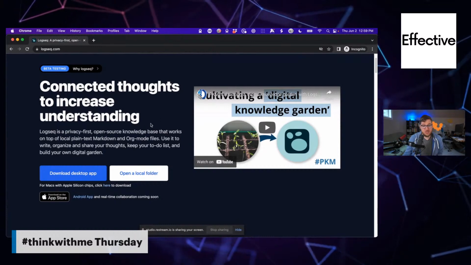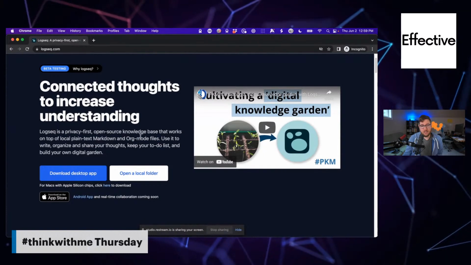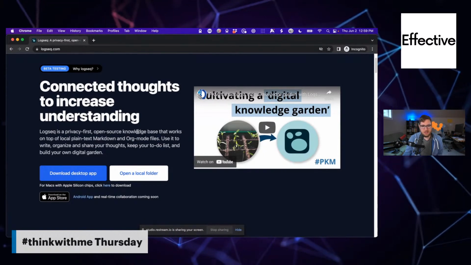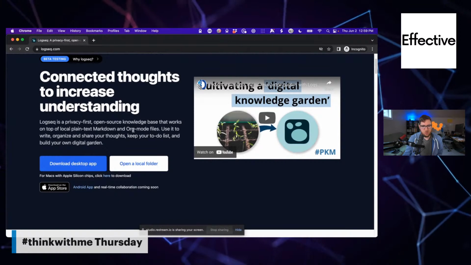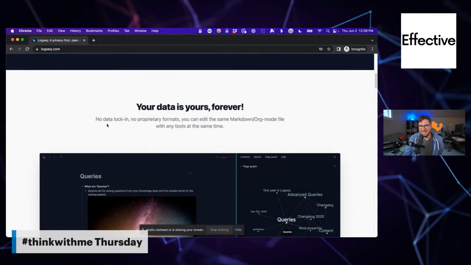So now seeing that Logseq has an app, being able to use org mode files inside of there to access it through Logseq, I think would be a really interesting thing for people who use Emacs. I am not one of them. I'm a Vim guy, but we're not going to get into that debate today.